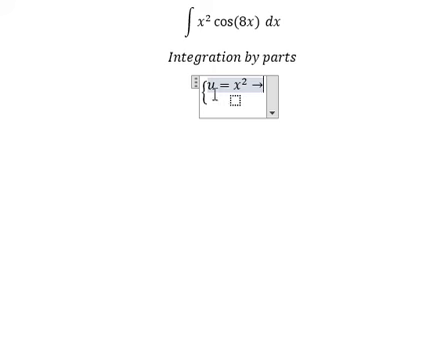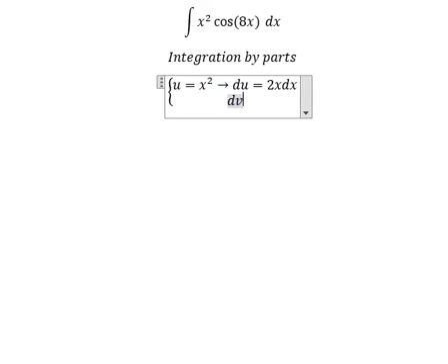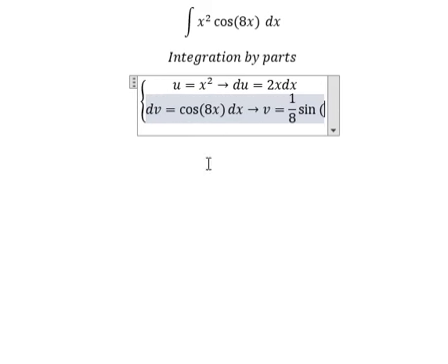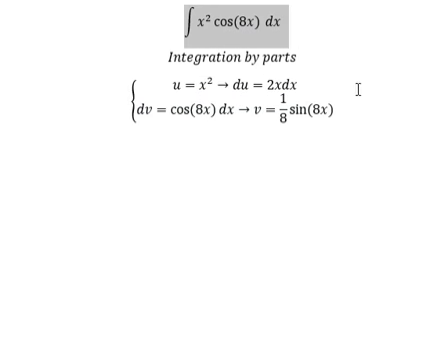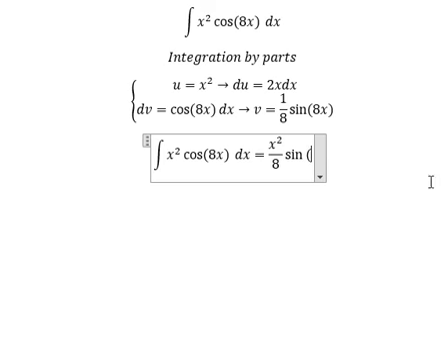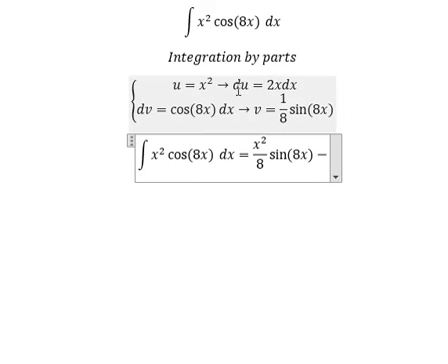Now we need to first take the derivative of both sides, and we have du equals 2s ds. dv is cosine 8s ds. So the integration of this, we have v equals 1 over 8 sine 8s. So we have u multiplied by v, and we have s squared over 8 sine 8s minus the